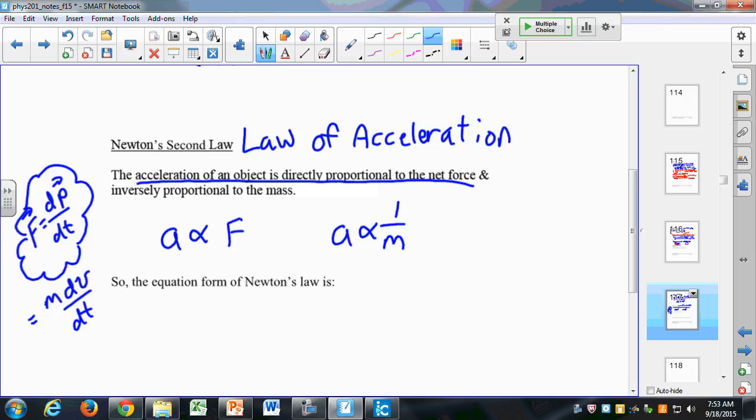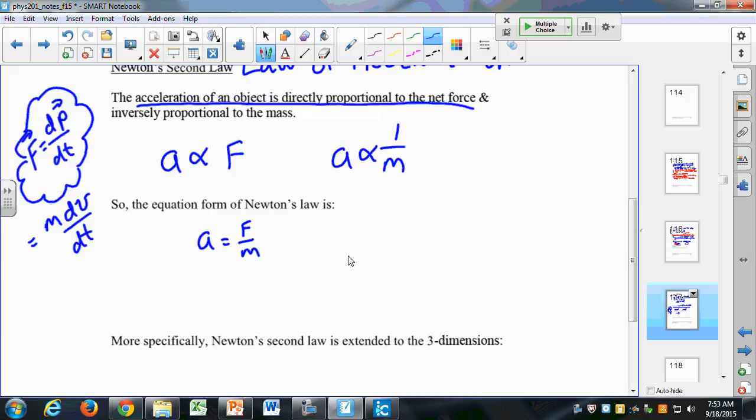So if we put this together, we get a = F/m, or as you usually see it, F = ma, which is the same as this original form that Newton expressed Newton's second law in, which was in terms of momentum. Again, if you don't know what momentum is, that's fine. We'll get to it. We have a whole chapter on momentum. It's useful for when you're dealing with collisions,